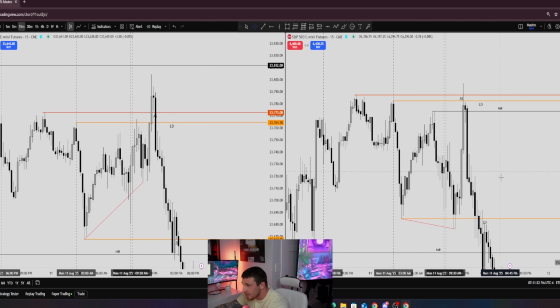We wait for our 5-minute break of structure. Scale down to the 1-minute time frame, continue from there. So as we can see, we formed our 15-minute SMT, right? NASDAQ is all the way up here showing us, hey, price most likely wants to continue up, take out Asian session highs. That gives us the potential to come up and fill those out on ES, which we did.